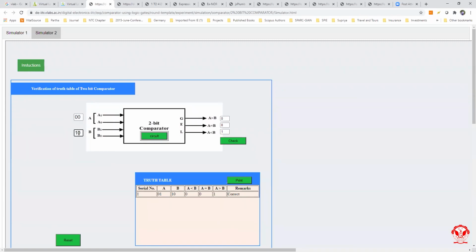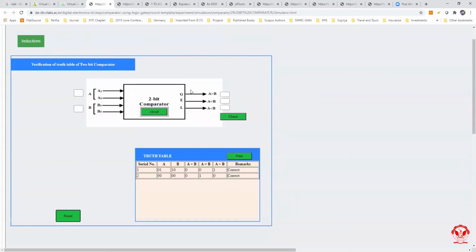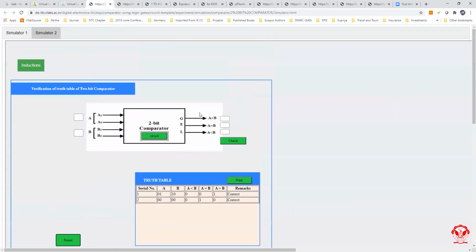Just click 0 and 0. Since both inputs are equal, A equal B is 1 and the others will be 0. Just check. Yes, it is correct. Now just click on reset, and all the things have been removed. We can also print the result for future references.